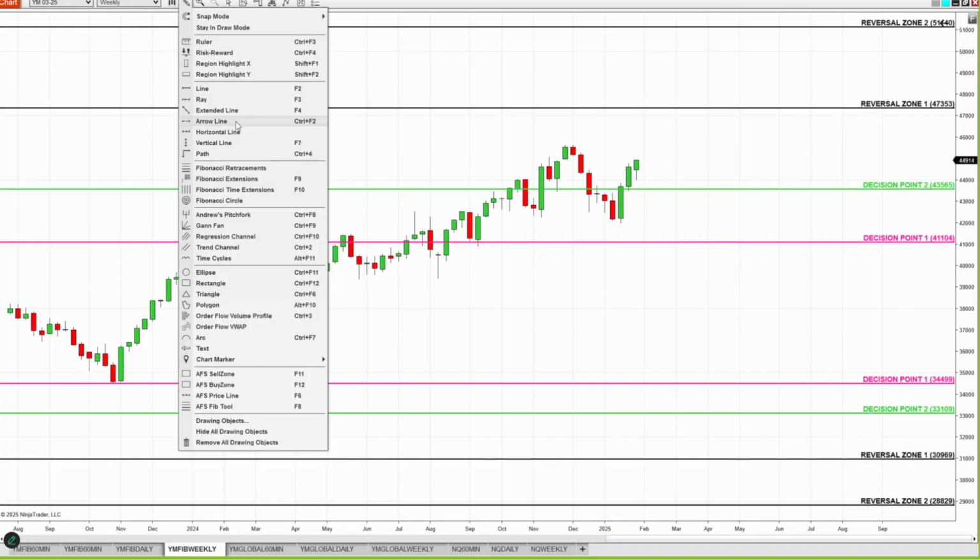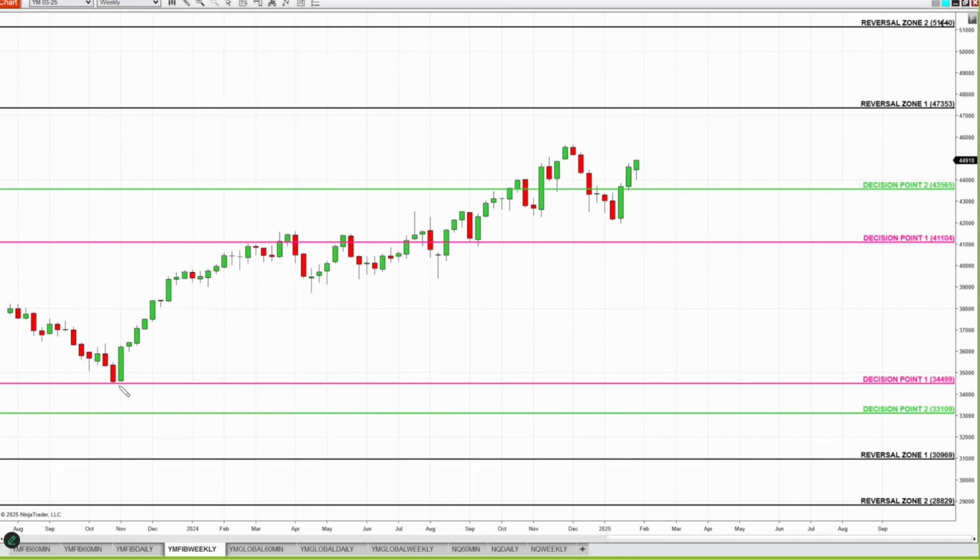Selling pressure was weak in 2023. Buyers stepped in with vengeance at 34,500 level. Continues higher and higher and higher. If 41,000 remains intact, bullish rally will continue with vengeance. That's it.